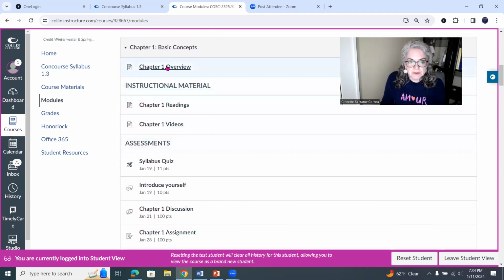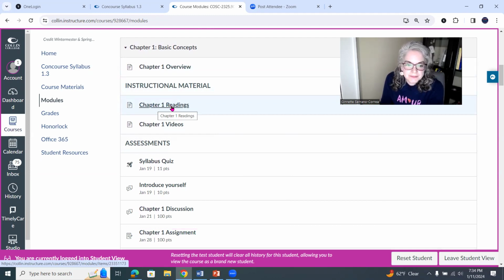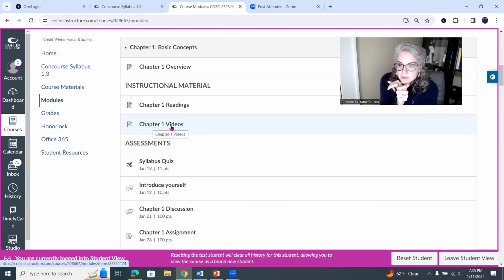So here in modules, you'll see all your chapters. So you'll have a chapter, you'll have an overview. This just tells you read your book, read your slides. Every time you go into where it says videos, in videos, you're going to find the slides that I use for the videos, any programs that you might need. Like if I pull up a little program and I run it, I might ask you to type it, or I might ask you just to use what I have. So I'll put it there.